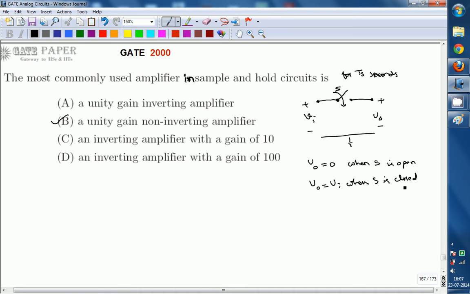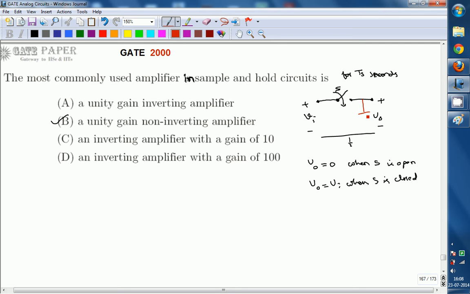Now this is the sampling signal, and here you are only taking samples. If you want to process those samples, they must be valid for some amount of time, so you hold the value of the sample for some more time. For that, a hold circuit is required. Entirely, it is called a sample and hold circuit. The sample is the output of the switch, and to hold it, a hold circuit is required. A simple hold circuit can be obtained by considering a capacitor at the output.